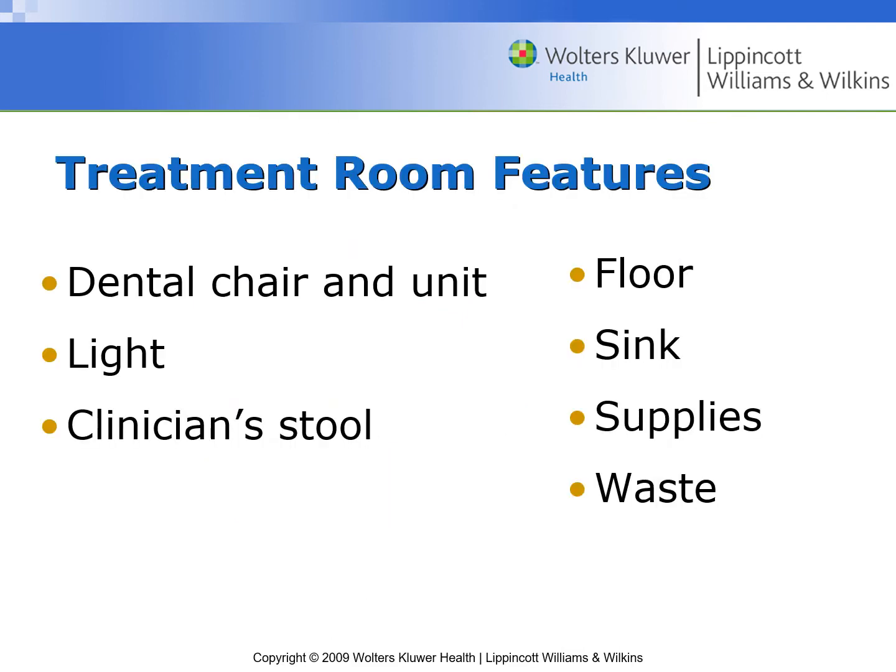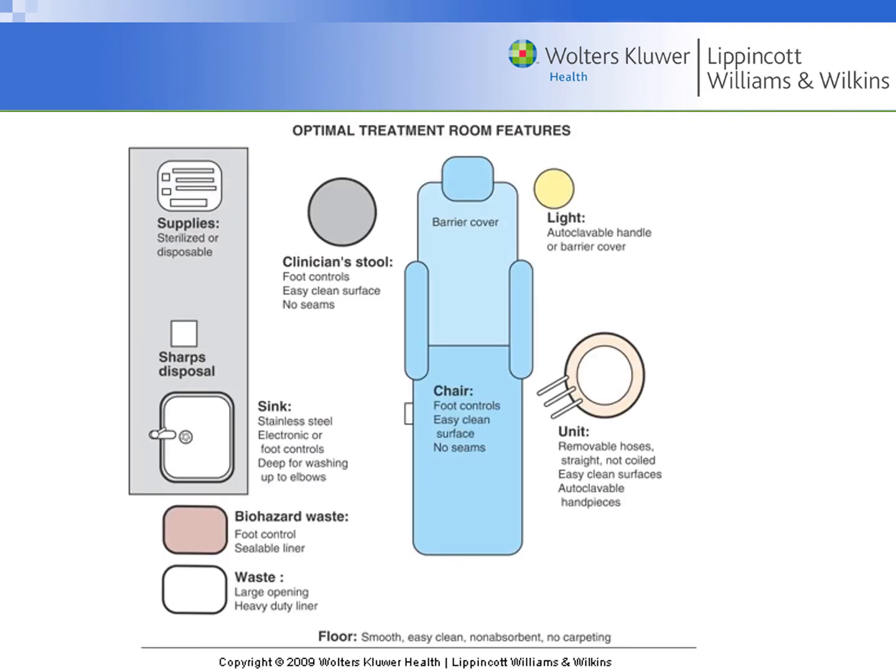So treatment rooms include the dental chair and unit, your light, the stool, the floor, the sink and supplies and waste that are all around the chair and the space that you're working. So this is the picture of a treatment room. This would be an optimal one where you have the chair, you'd have a barrier cover over the chair, you have foot controls. Everything needs to be easy to clean, no seams, no extra ways of attracting and harboring bacteria